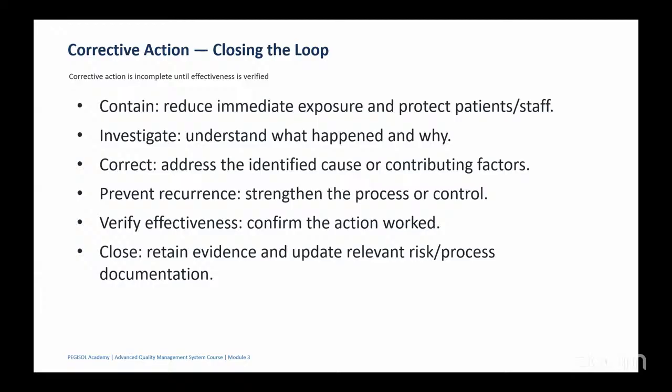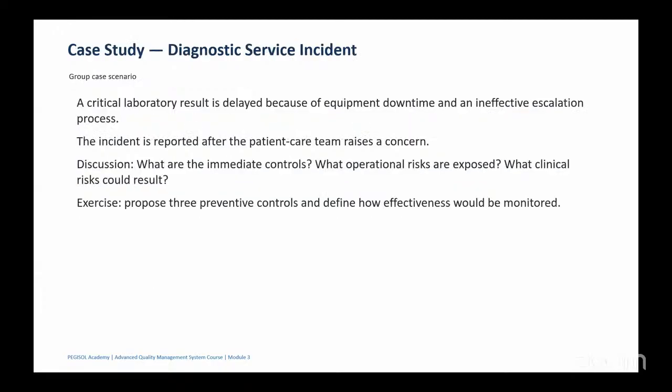So the root cause is the deep underlying layer, the contributing factor, the main reason why that resulted. So when you trace down using the 5 whys, you have identified the root cause. So by the time you are putting a corrective action, it will be effective. So at this point, we are looking at closing the loop, retaining evidence, and obtaining relevant risk and process work documentation. Let's see another case study.